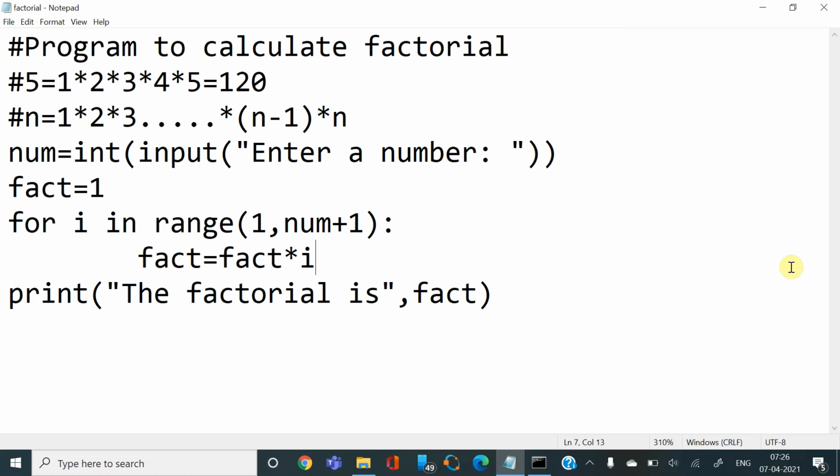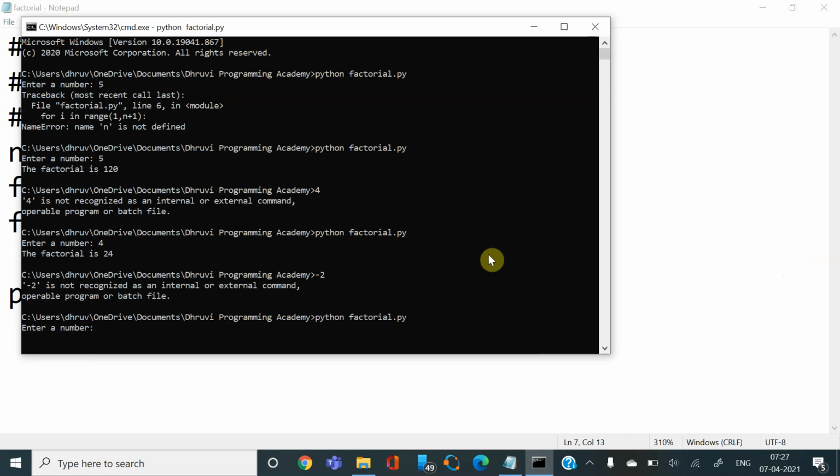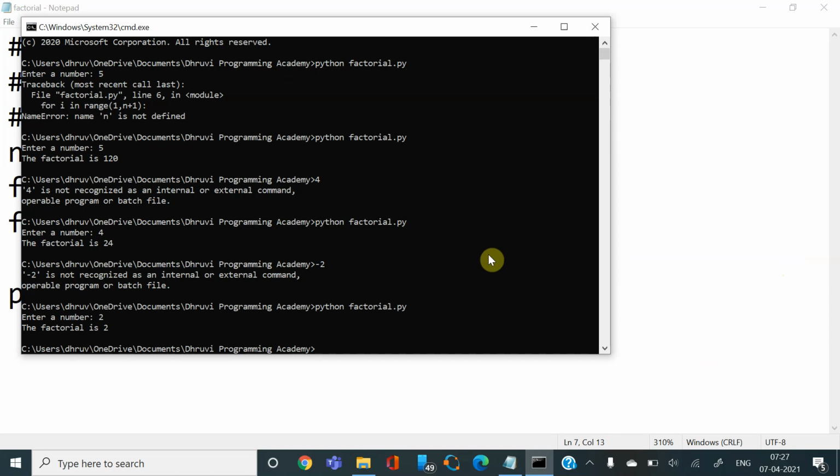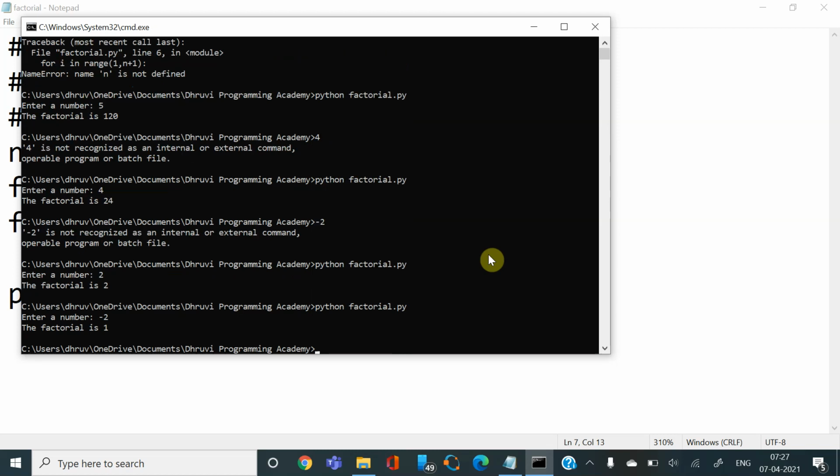Again, one thing that I want you to notice here is, suppose the user gives as input a number, say -2, right? Okay, I need to run the program first. So for the factorial of 2, I am getting it properly. But what if the user gives as input a number, say -2?